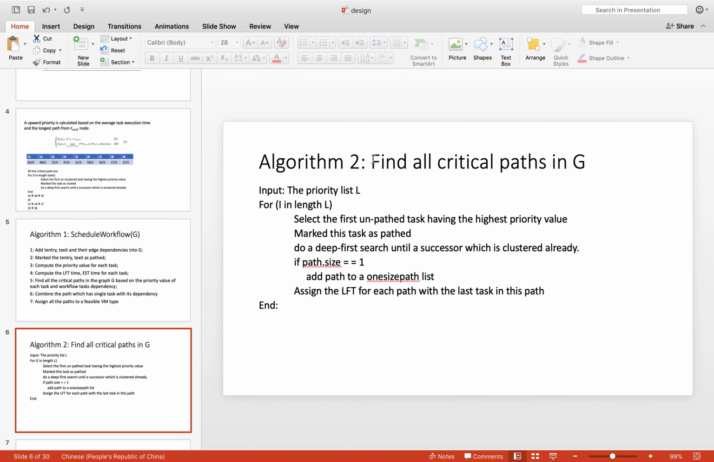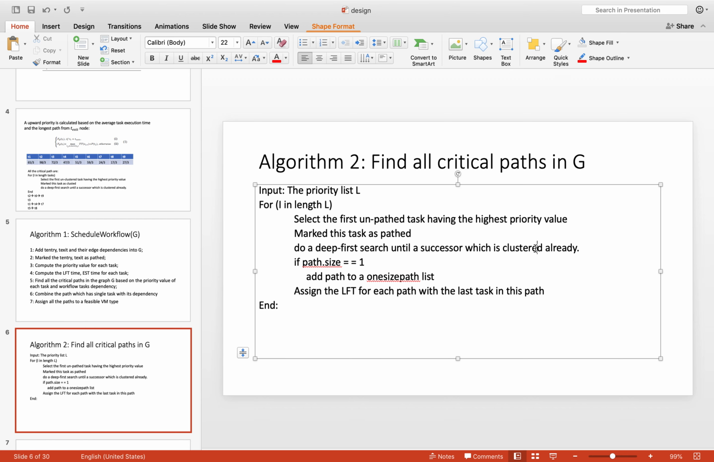And let's go to how to find all critical paths in graph G. The input is that we have all the priority values for each task, and then we select the first unpassed task which has the highest priority value. We mark the task as passed, and we do a depth first search until a successor which is passed already. And then after we finish this part,